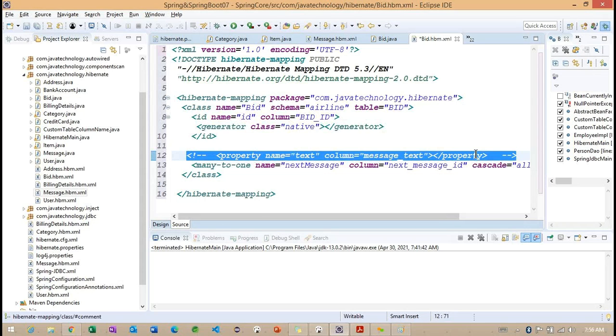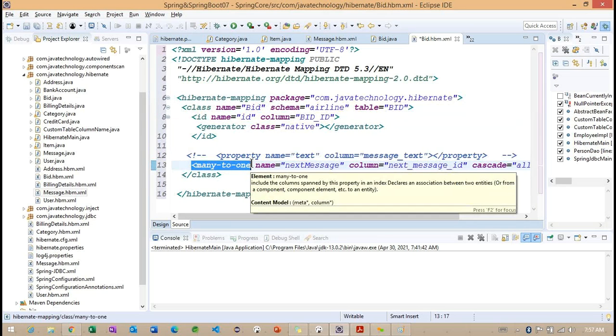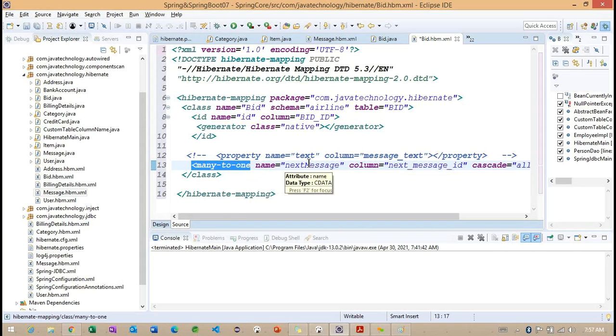This particular bid as of now does not have any properties, but here we are having a relation. This particular bid we are having many, so what is the tag we can use? Many to one. Getting the point? So the many to one tag we can use, and name here.